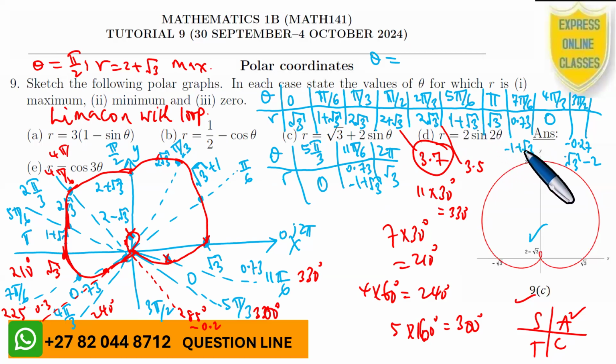So we're able to see, therefore, that R would have its negative value, which is minus 0.27 whenever we are at 3 pi over 2. Which means, therefore, whenever theta is 3 pi over 2, R is the square root of 3 minus 2, which is minus 0.27, which gives us the value of R that is